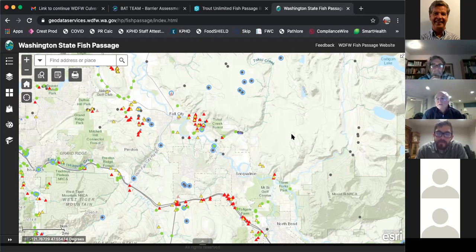I was really just more interested in understanding the overall context of the program and how it all fits together, how sites are going to be prioritized, and when the actual work's going to be done. I got to admit, I didn't realize it until I went and looked at some of the